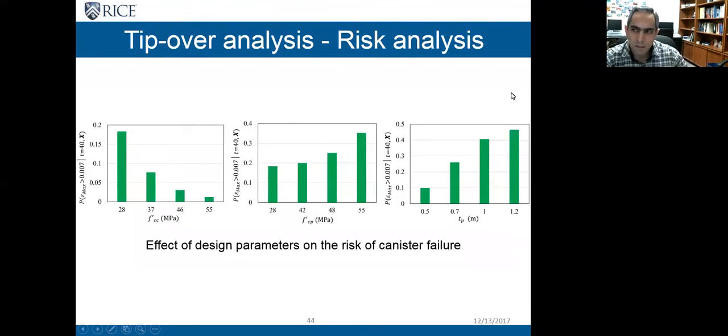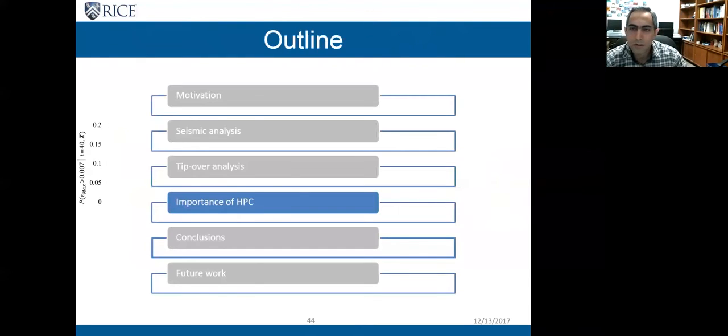These plots suggest that from a design perspective, we should use concrete with high strength for the overpack, but we should reduce the strength of the concrete and the thickness of the pad as long as other structural criteria are met. So this wraps up my tip-over analysis, and now I want to talk about the role of HPC in research